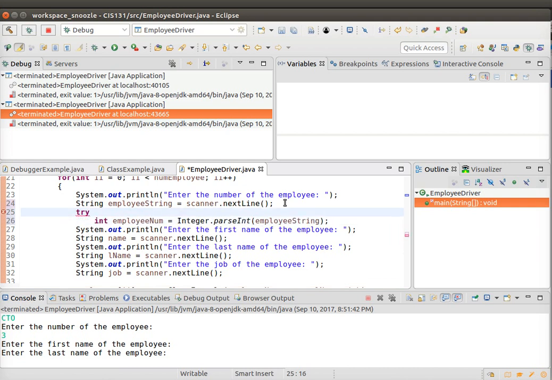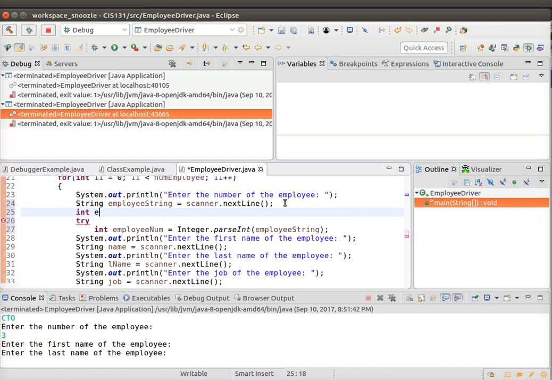And the reason why I'm doing that, I'll do int employeeNum equals 0. And the reason why I'm doing the try catch is, for me,